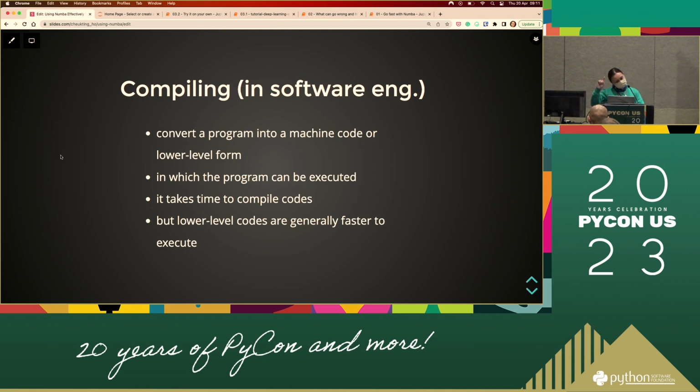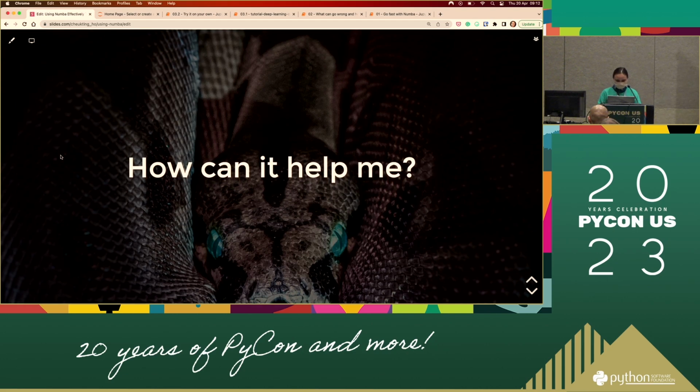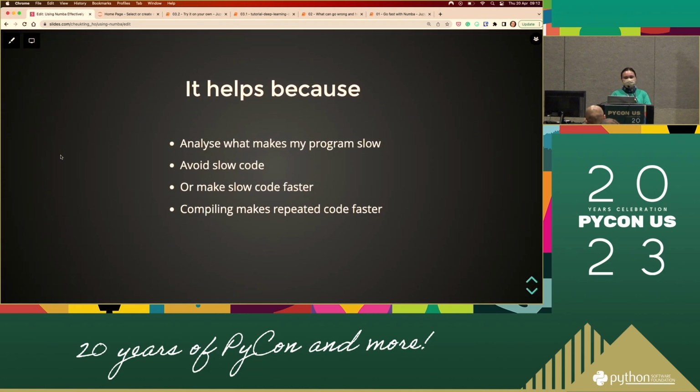But there is a good thing about compiling: once you compile the code, it's already in a form that the machine understands, so it can be very fast. But Python doesn't do it like that. So again, we want to make our code faster, especially when doing data science work. So this is the strategy that we're going to deploy today.